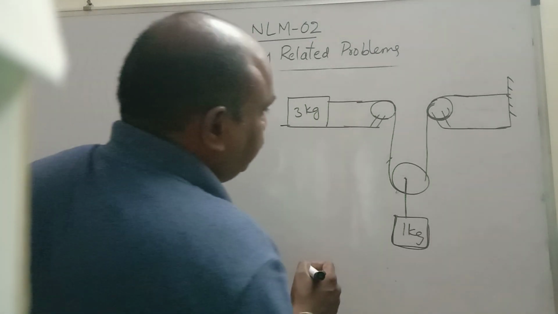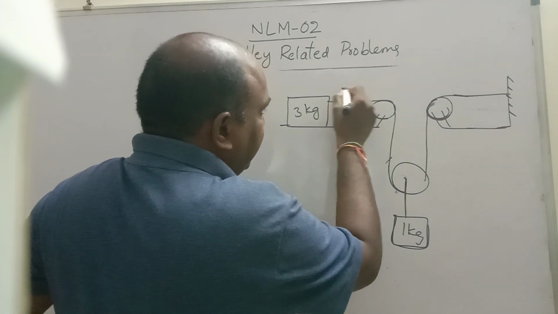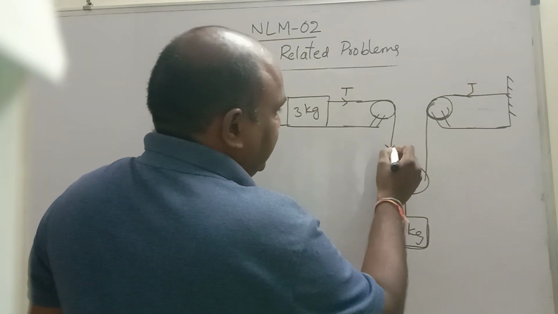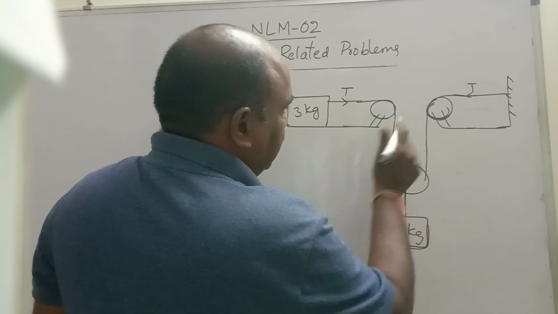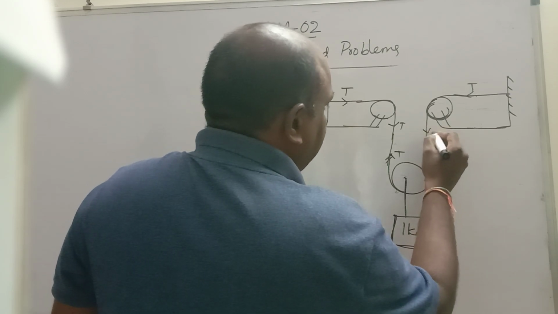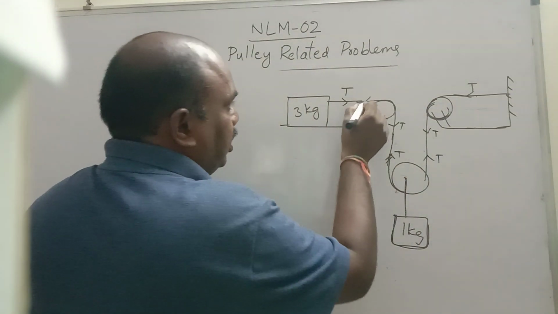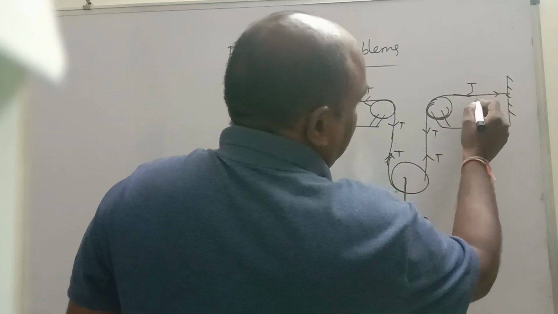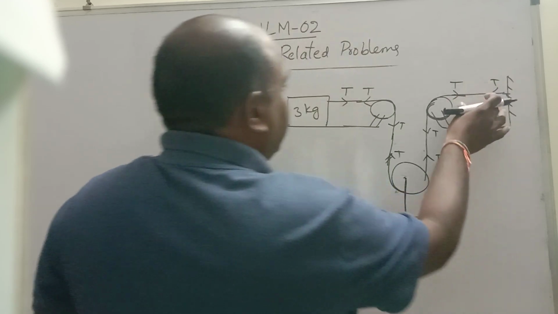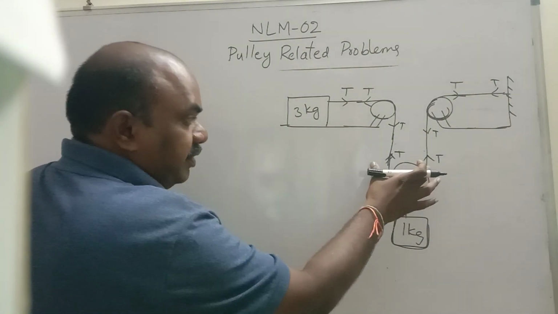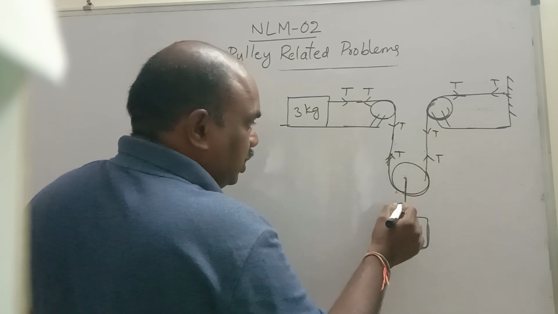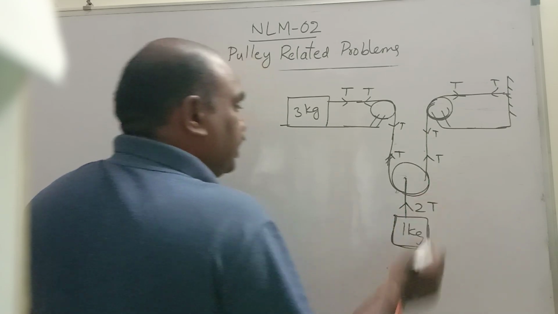Now observe, children. Here tension is away from this point. Here also tension is away from this point. Here tension is downwards, here tension will be upwards. Two equal and opposite forces are acting on the body. Here also tension downwards. These two are also equal and opposite. According to Newton's third law, equal and opposite forces. If the tension in this string is T and in this one is T, then the total tension on the 1 kg will be 2T.